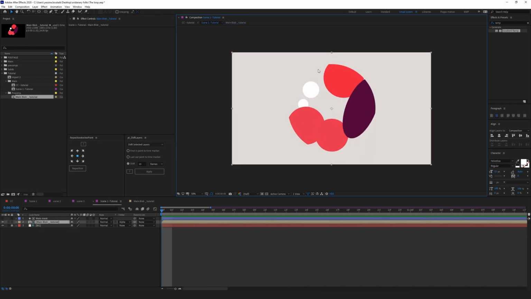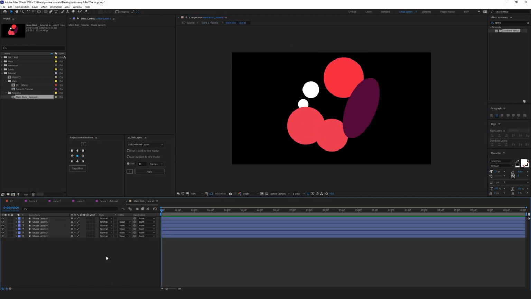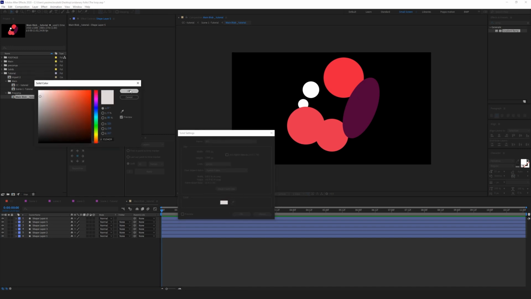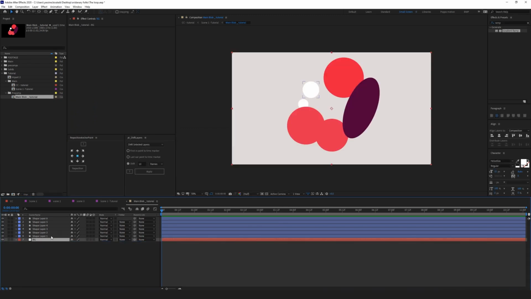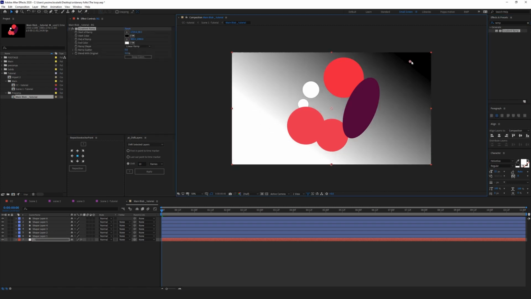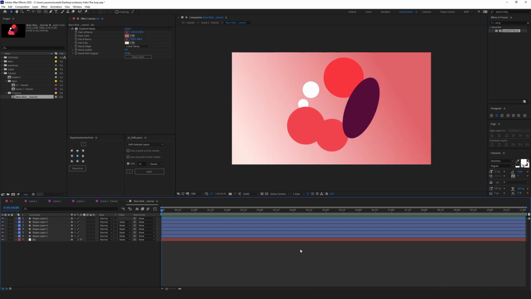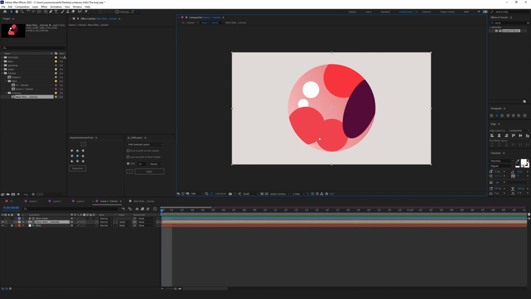Another thing I can see is that it's pretty empty here, so I'm gonna create a new solid layer, and I'm gonna call this background, it doesn't matter what color. I'm gonna use an effect called gradient ramp and put it there. Gradient ramp is just a gradient effect that you can control using these points right here, or you can use these controllers here. So I'm gonna go something like that, and I'm gonna change the values here to get a little bit closer to the colors of these guys here. Alright, now that we have the color, they're gonna mix really well inside.